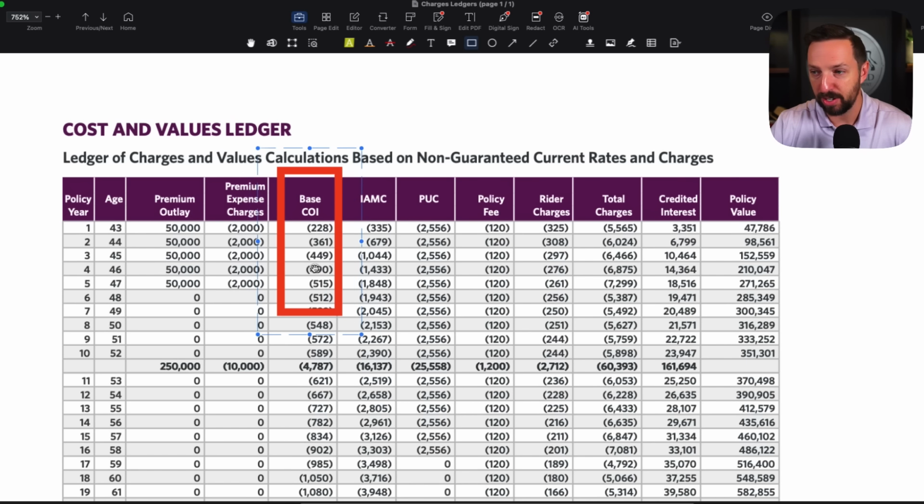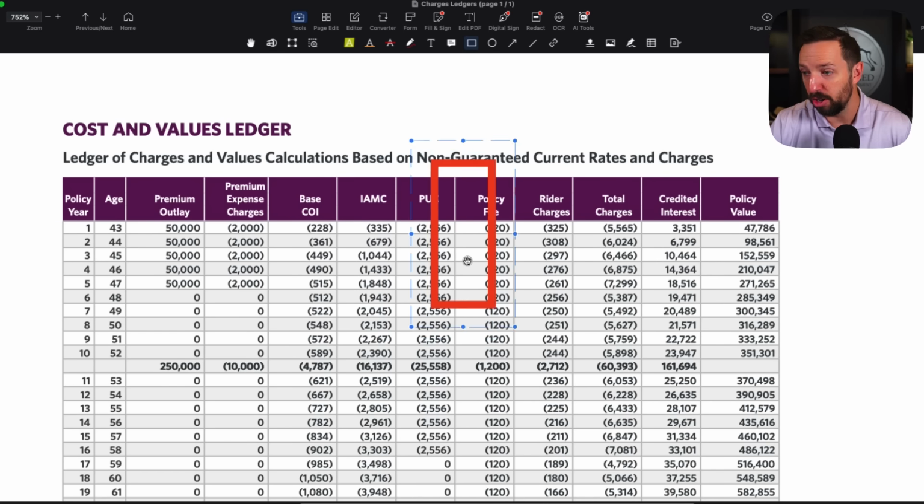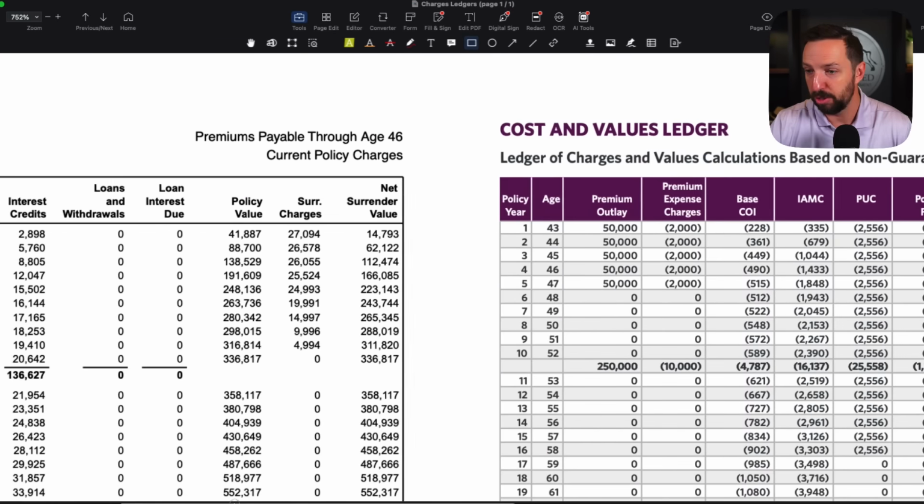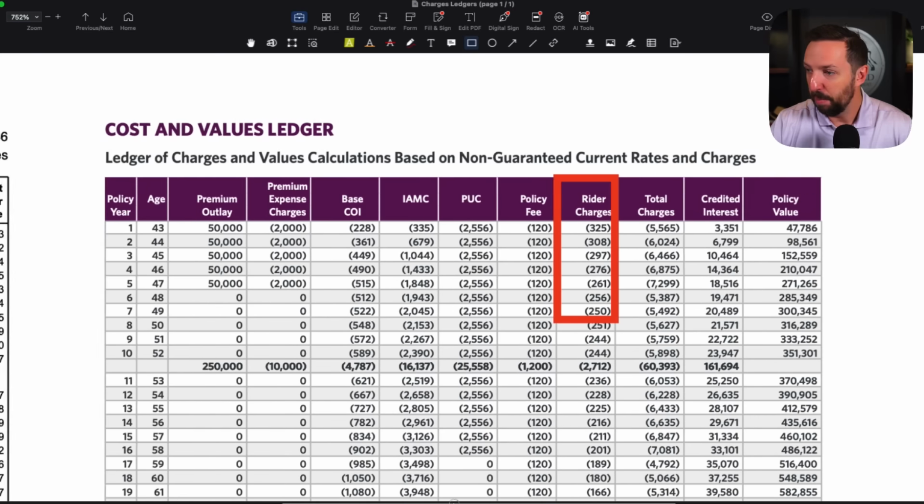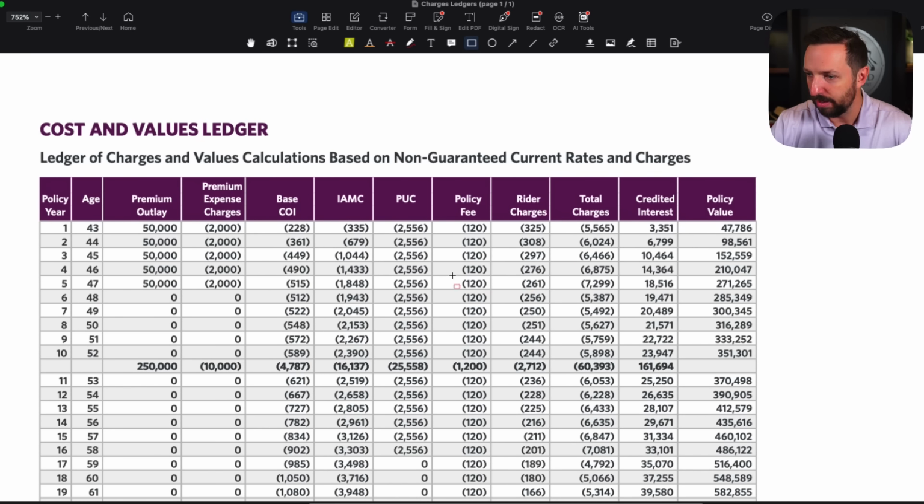We have our base cost of insurance. That's the same. We have our per unit charge and our policy fee and our rider charges. Those are all the same. They were just simply rolled into one line item in the previous ledger. But this one has a new one. This one has this